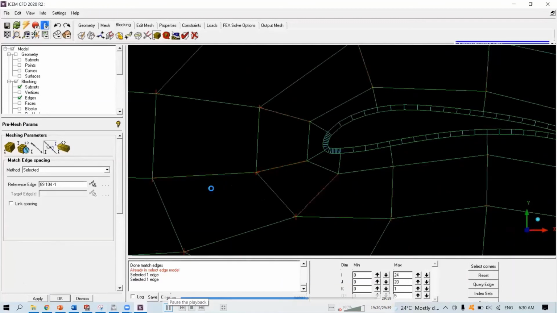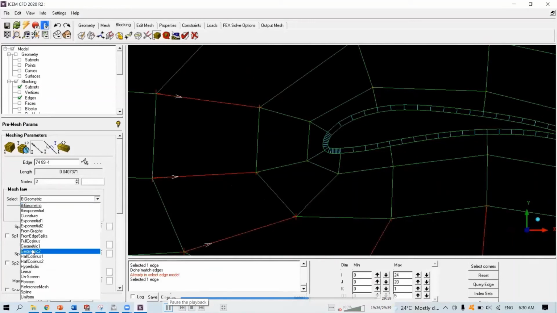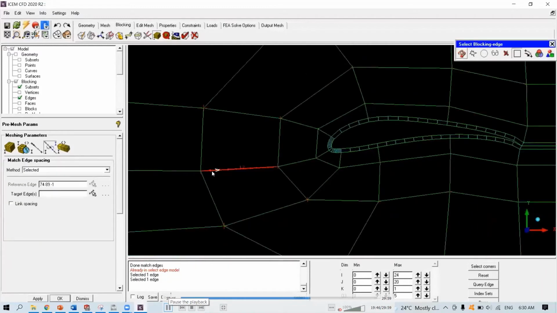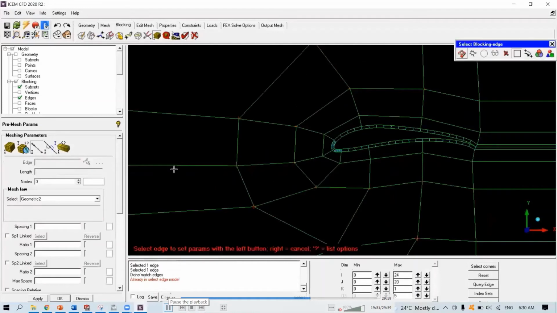See, mesh edges, then you set the number of nodes. Change to geometric 2, increase the number of nodes until you get a ratio 2 of your desire. Match, set number of nodes.